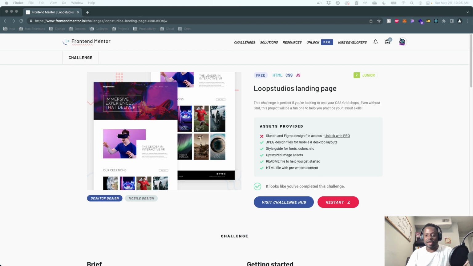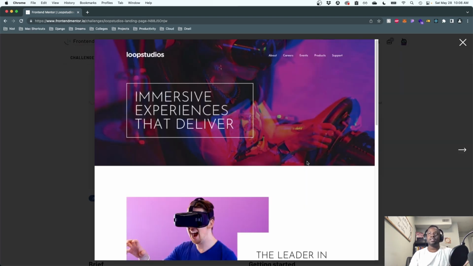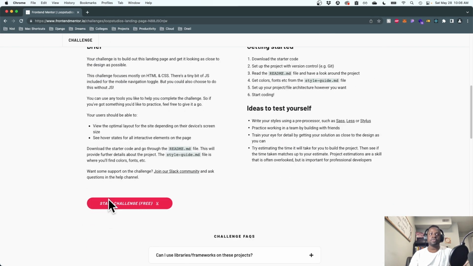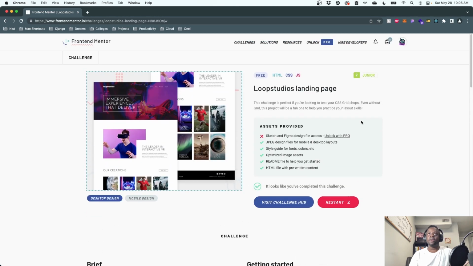As usual, I'm back here with another Frontend Mentor challenge, and today we're going to be working on designing this landing page for Loop Studios. And without further ado, just go ahead and download the resources here, and then we head over to